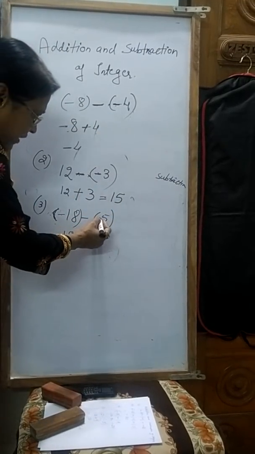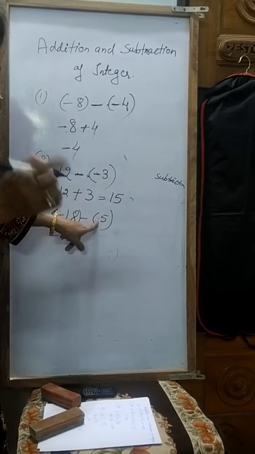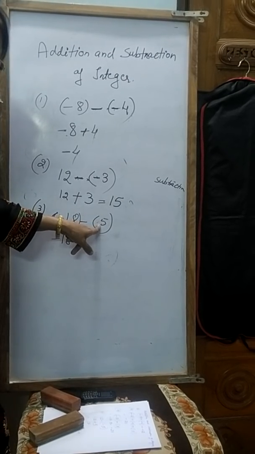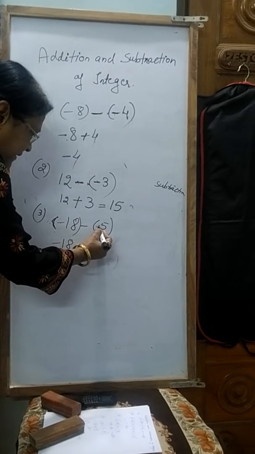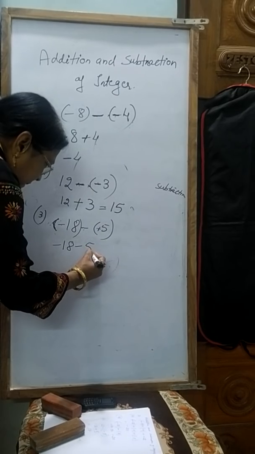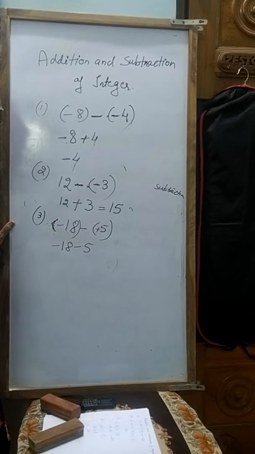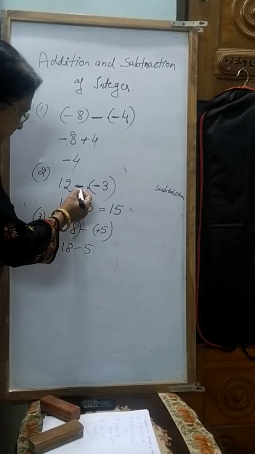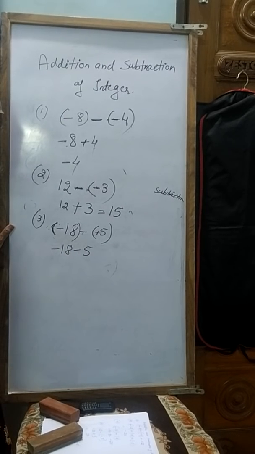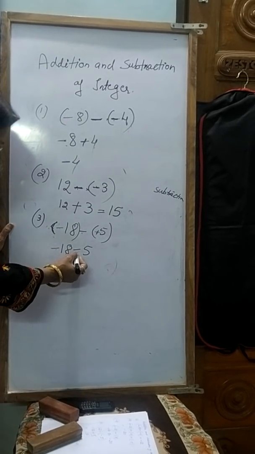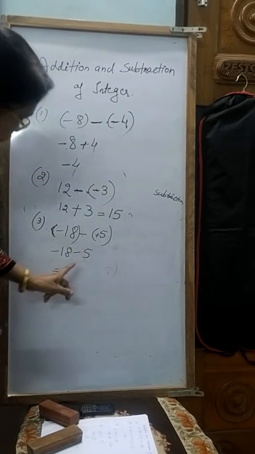So first I told you, if there is no sign present inside the bracket, it means that will be considered as a plus. इसको हम प्लस के रूप में कंसिडर करेंगे. तो ये प्लस और ये माइनस, this is plus and minus will be equal to -5. तो here -18 and minus of -5. माइनस, ये प्लस और माइनस मिलके, यहाँ पे माइनस और माइनस मिलके प्लस हुआ, यहाँ माइनस और प्लस मिलके माइनस होगा. तो here it is -18 -5.